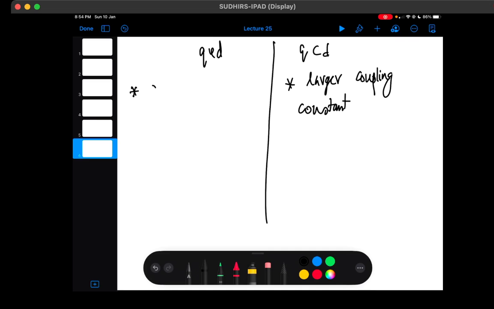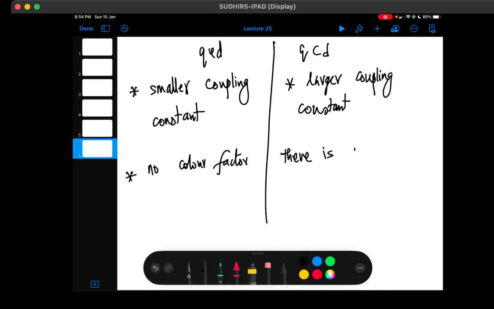In the second also, here there is no color factor. Here there is a color factor at the amplitude level. So what you would expect is a larger enhancement of the amplitudes, compared to say QED. Compared to QED, you would expect a much larger expansion, much larger